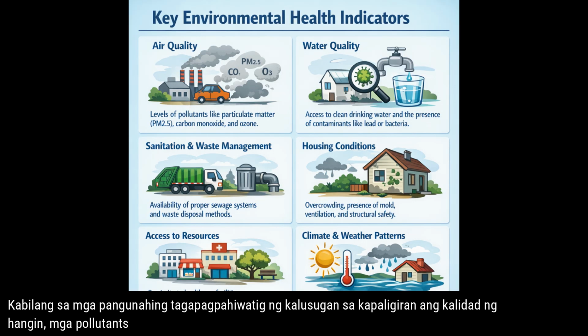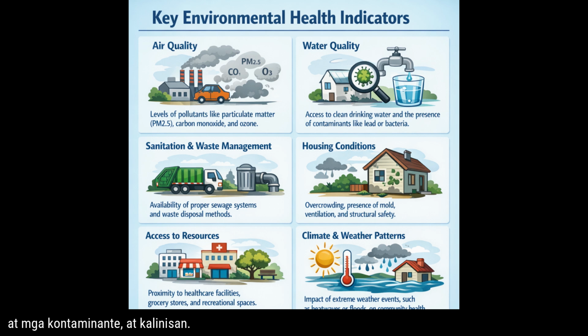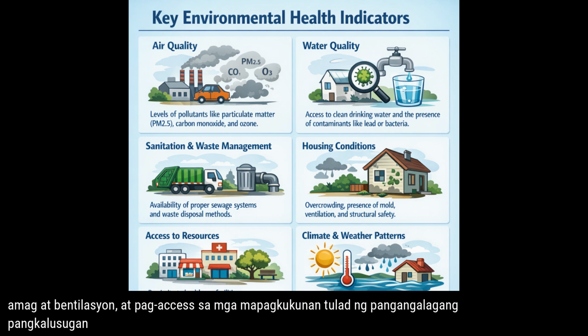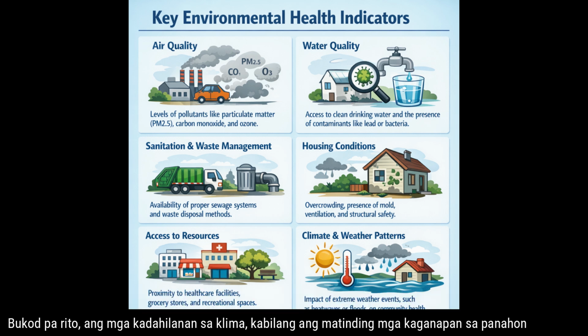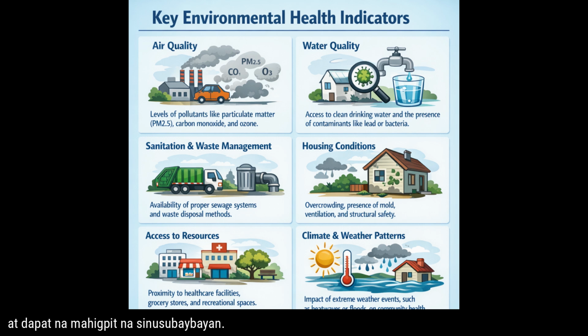Key environmental health indicators include air quality pollutants like PM2.5 and ozone, water quality, meaning clean drinking water and contaminants, and sanitation, meaning proper sewage and waste disposal. Housing conditions such as mold and ventilation, and access to resources like healthcare and grocery stores are also vital. Additionally, climate factors including extreme weather events like floods or heat waves significantly impact community health and should be closely